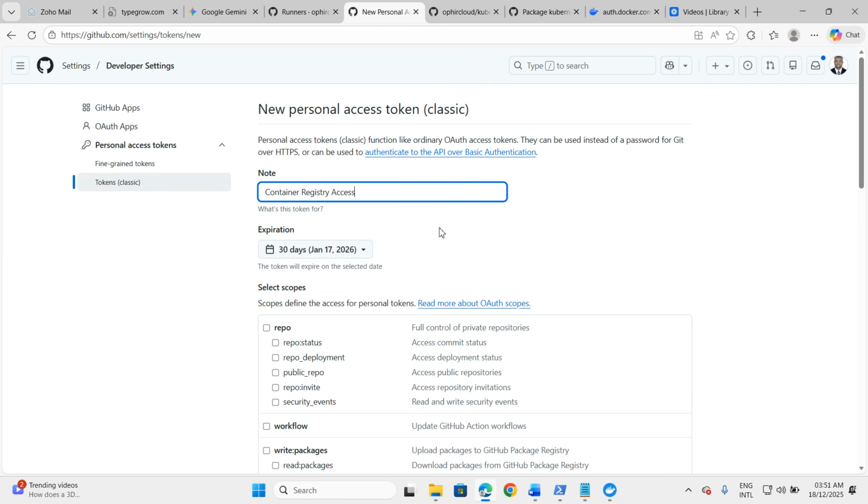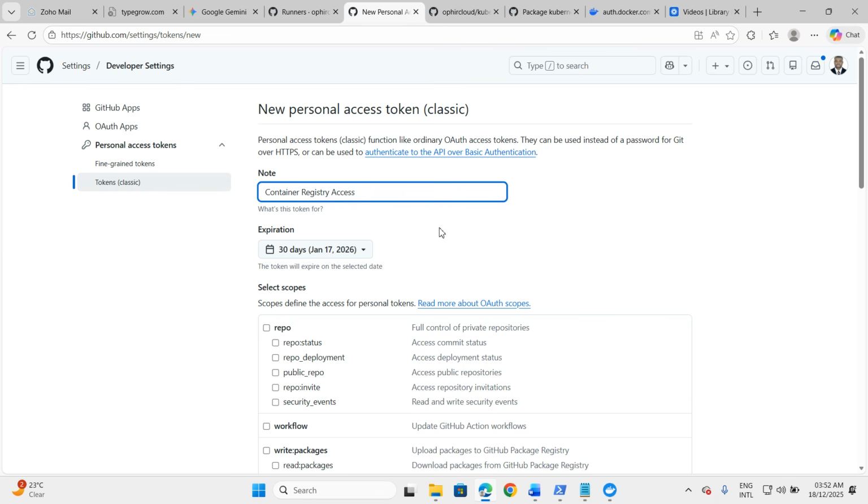container registry access. Okay, and I need to explain to you why we need tokens. We need to give the pipeline the permission it needs in order to run. It relies on the personal access token in order to work. First, we're calling it container access token, and the next will be GitHub access token. It is good to give it a name that is expressive,